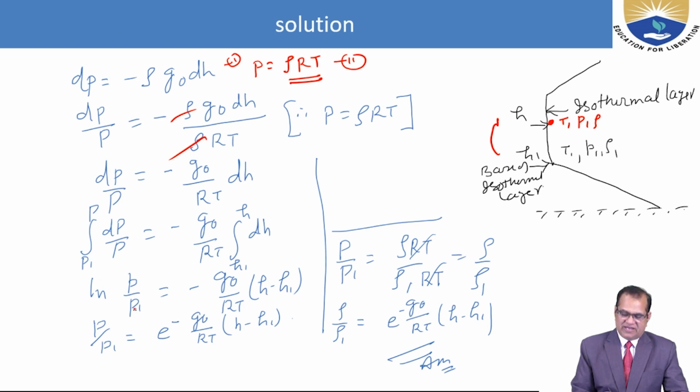Now if we make P by P1 and shift this log to this side, it will become e to the power minus G naught by RT times H minus H1. So we have found the relation between P and P1. Now we have to find